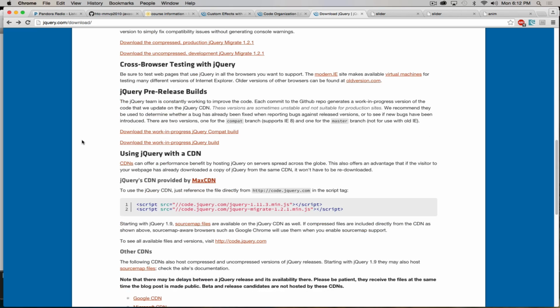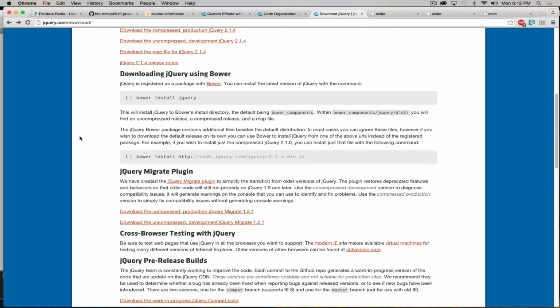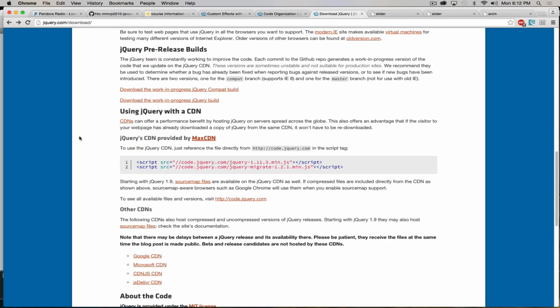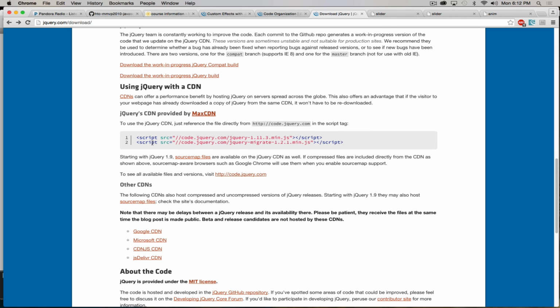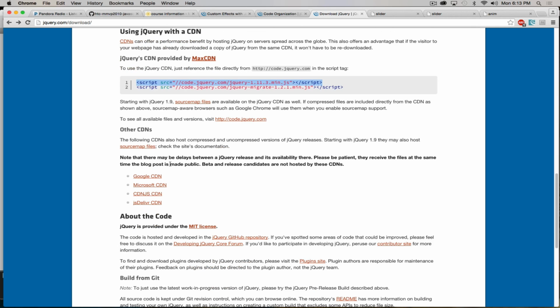There's another option we can work with, where we can put a link to the most current jQuery file, so you can just put a line like this into your code, and that's now linking to the most current file